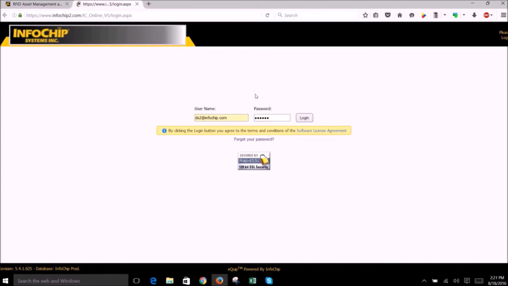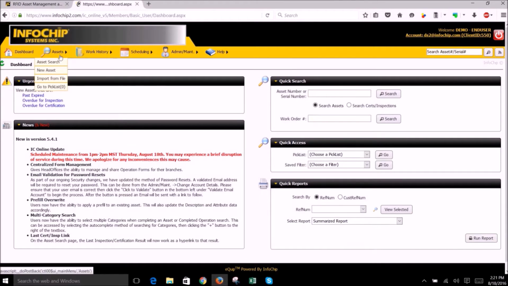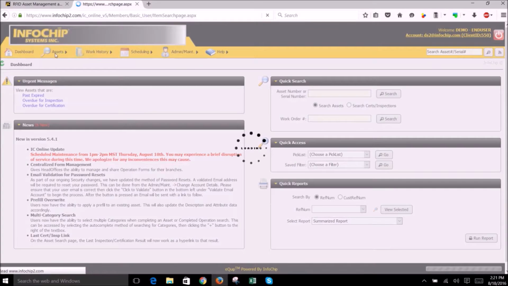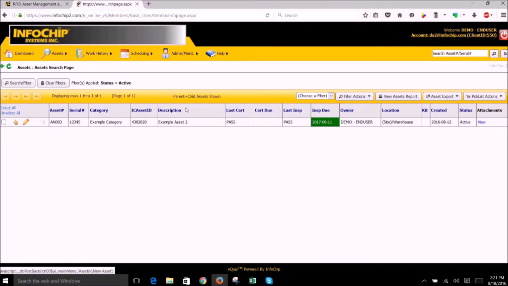The customer can also log in to the InfoChip website. They will have their own username and password. They can click on the asset screen and see all the information that you've given them. If they click into the asset details,